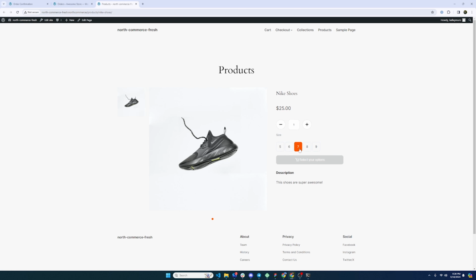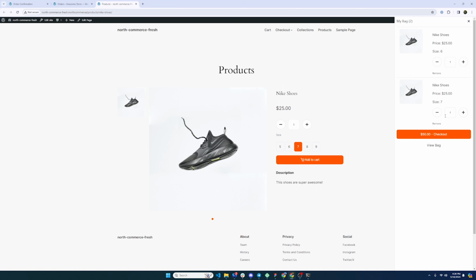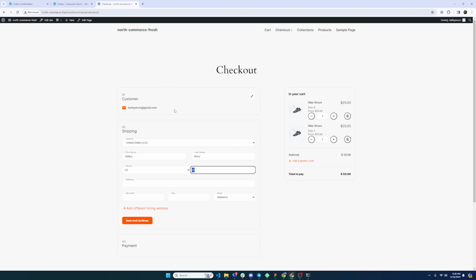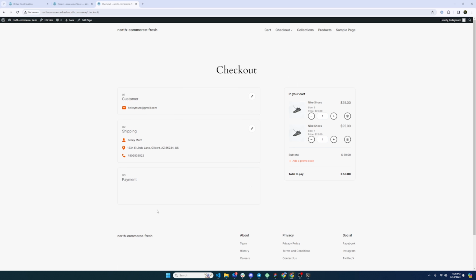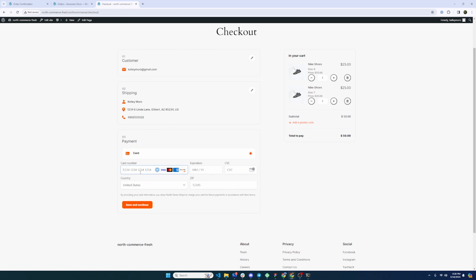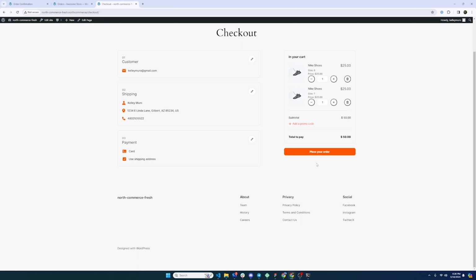So inside of WooCommerce, let's do the same thing. I'll add 7 as my option here, so now I have 2 items in my cart. I'll come in here and add some information. Perfect. 1234 East Linda Lane, kind of the same fake address here, Arizona, and then I'll save and continue. And then now what's going to happen is I'm actually using Stripe in WooCommerce, and so I'll add some fake card information here, and I'm going to actually process the payment with Stripe and WooCommerce here. So I'll place the order,